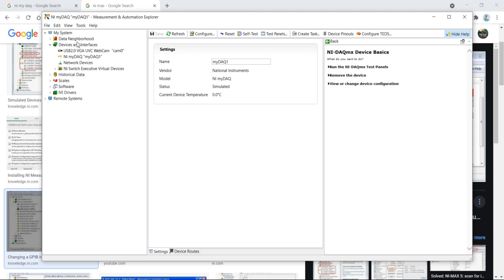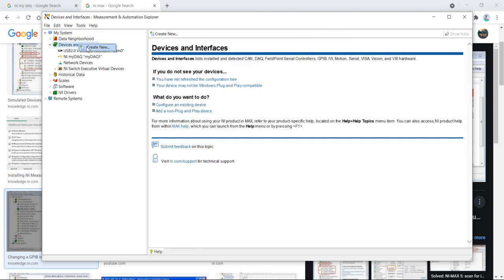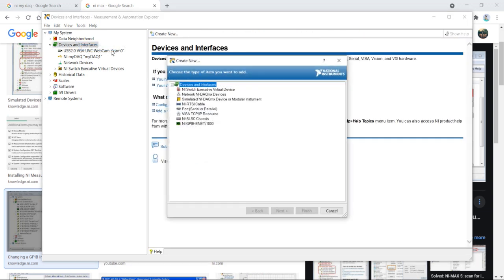Now again right click and come to Create New, and click Simulated DAQmx Device and Modular Instruments.